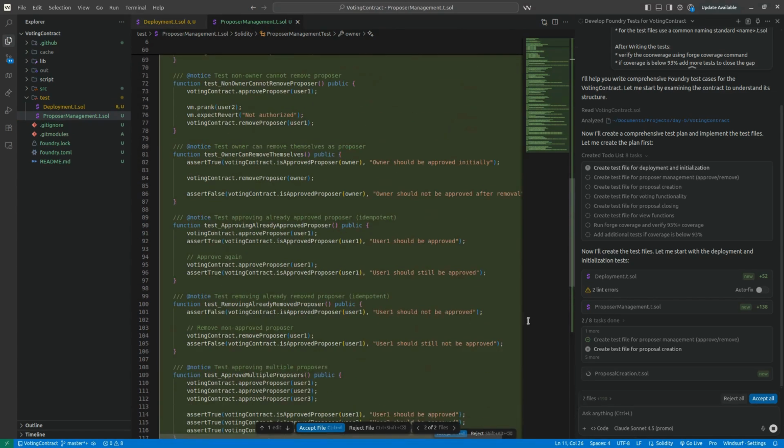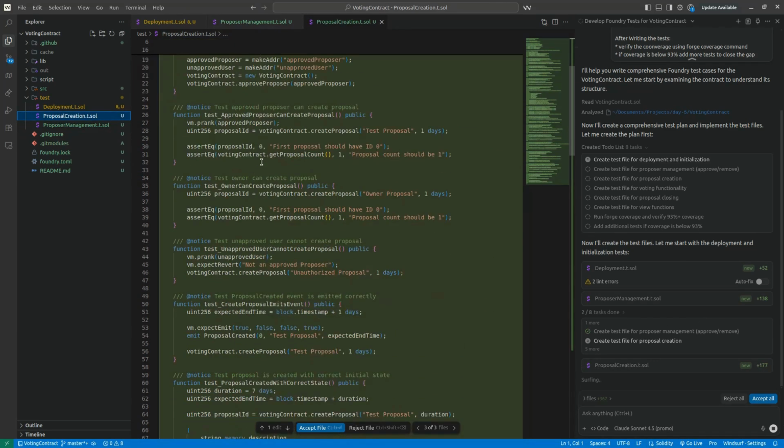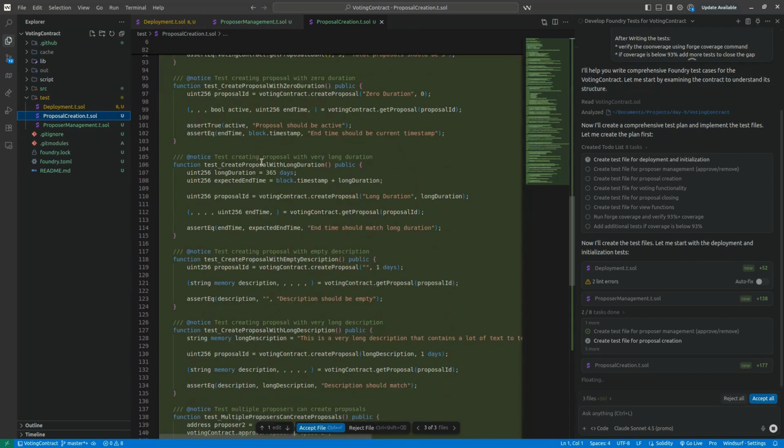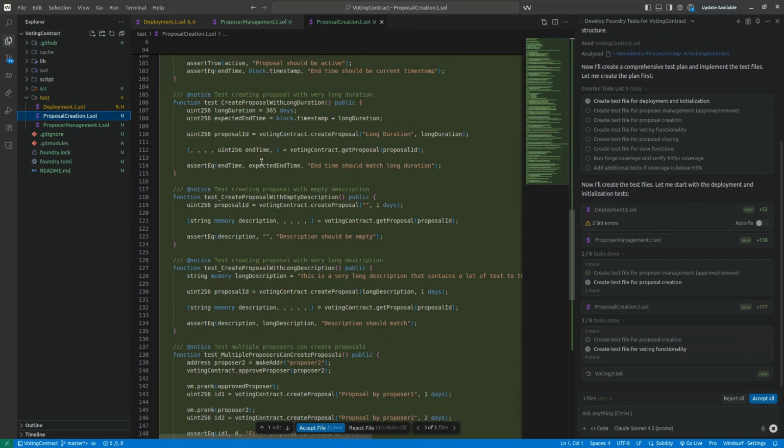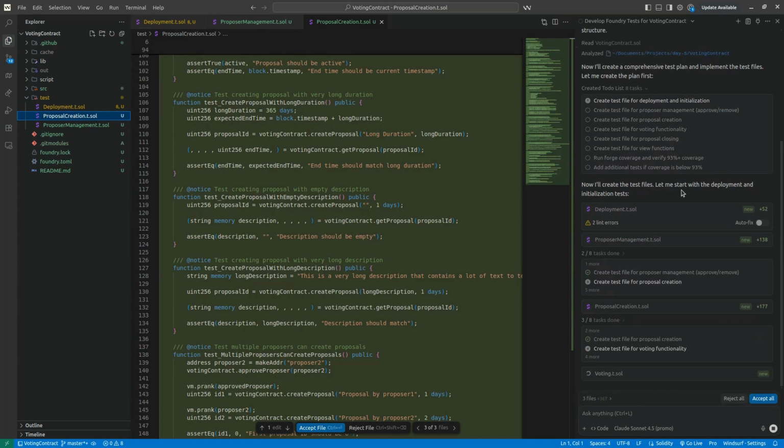So it's basically covering everything. Proposal creation, you can see all the test files coming in. These are big test files, really cool test files. So just make sure when you're writing these things that there are no typos. I have made some typos, but other than that,